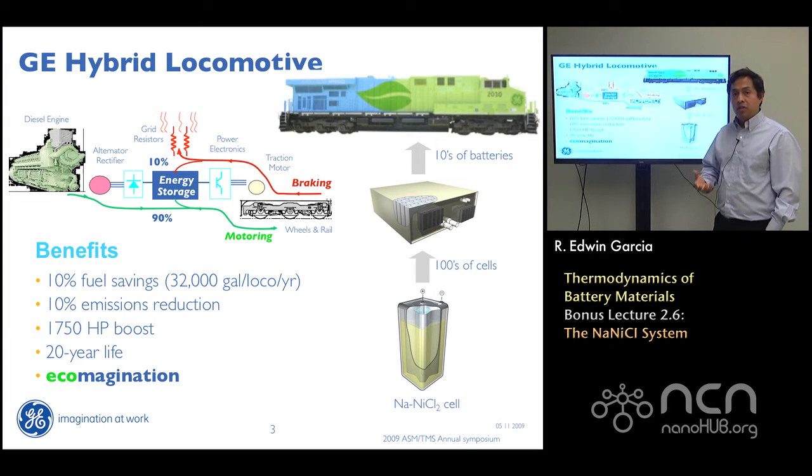These types of batteries, the sodium nickel chloride system, are actually used these days in engines for trains. A classic train runs on diesel these days, where you have between 2 and 3 engines that you have as backup in case one of them fails, so that you can get the power that you need. My understanding is that not all of them use all the energy that is required to